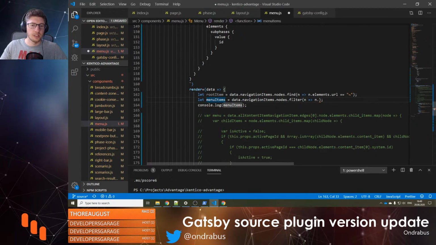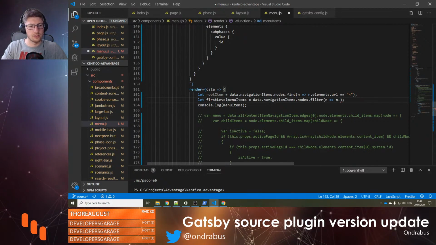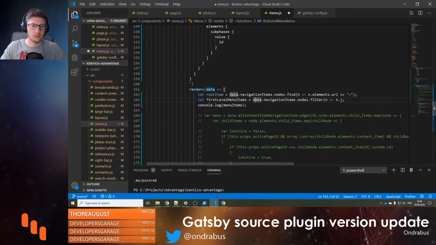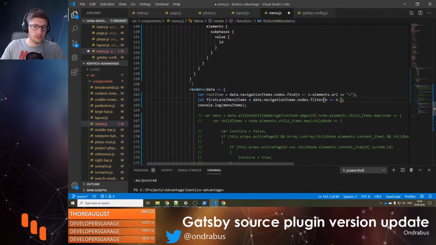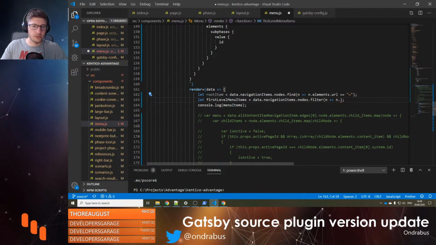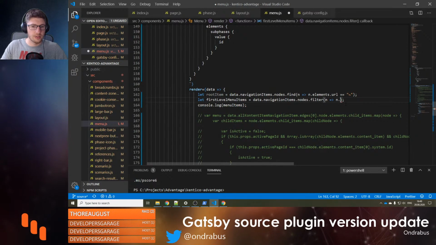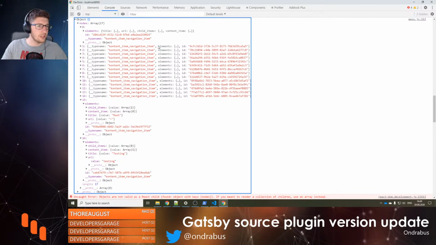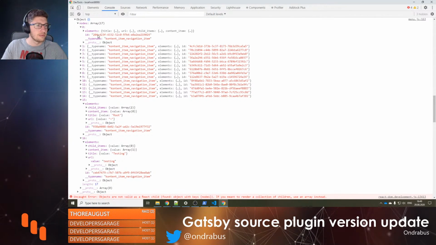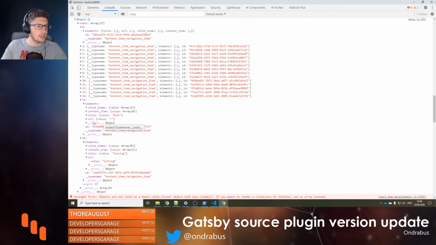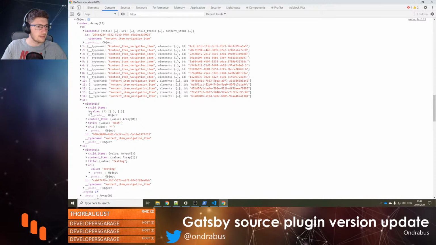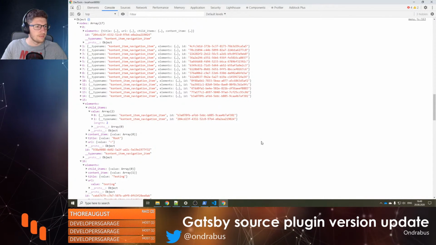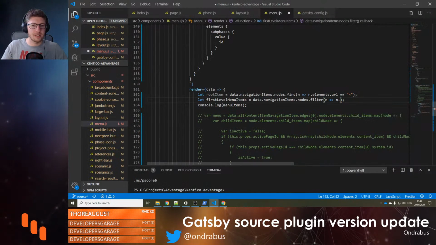Now the menu items, or the first, let's call that first level, would be data navigation items nodes, but we actually want the child items of this one. So we're looking for all the nodes where their ID, so every navigation item has an ID here. So this ID should be under the root here, under child elements. So we're looking for elements and child elements. So where NID,